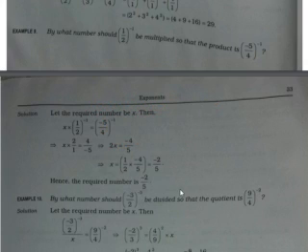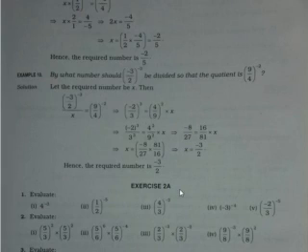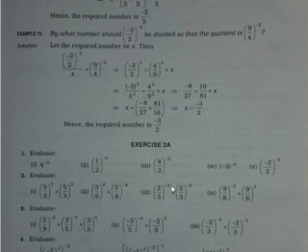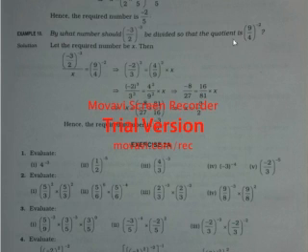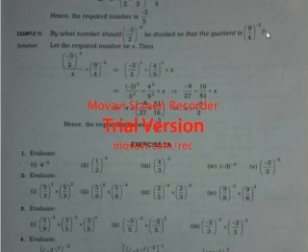Hope you all are understanding, students. If you see question number 10, example number 10, sorry, after that the exercise is there. Here it is, by what number should minus 3 by 2 raised to the power minus 3 be divided so that the quotient is 9 by 4 raised to the power minus 2. Let the required number be x. Here also the same thing is done. Actually you can do it by an alternative method also. By what number should this be divided to get the quotient this much?